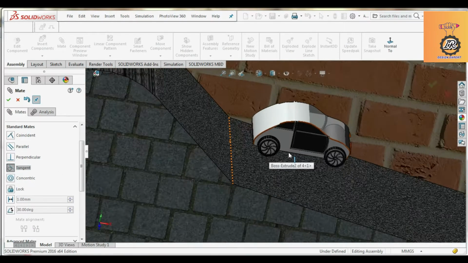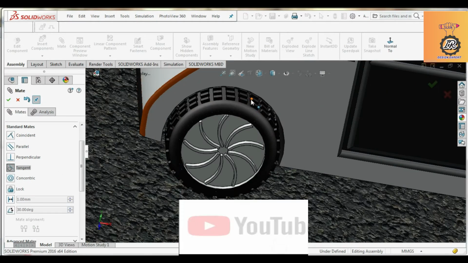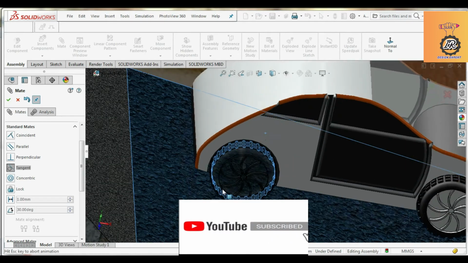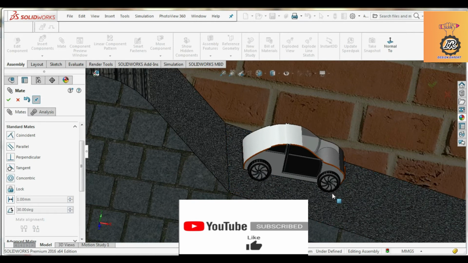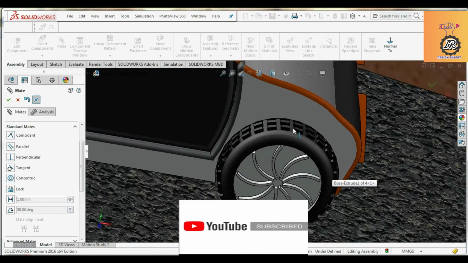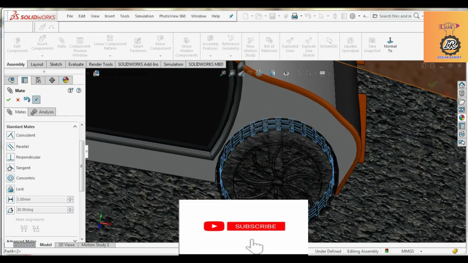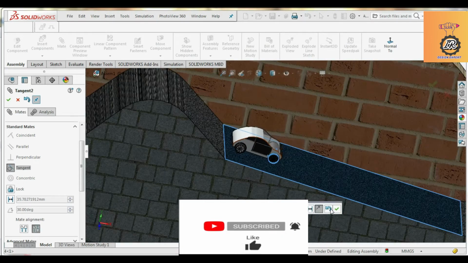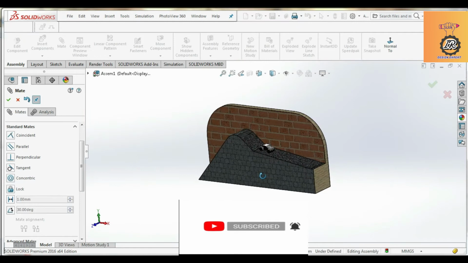Now we are going to select the tangent command, select it for the circumference and the surface of the floor. The two wheels can be tangentially fixed.